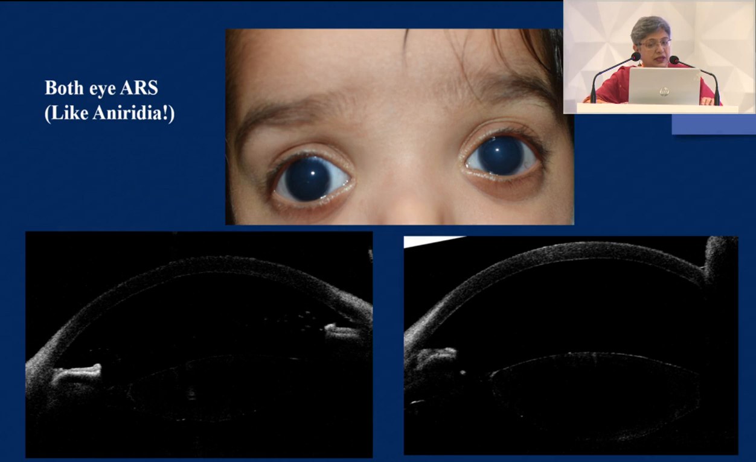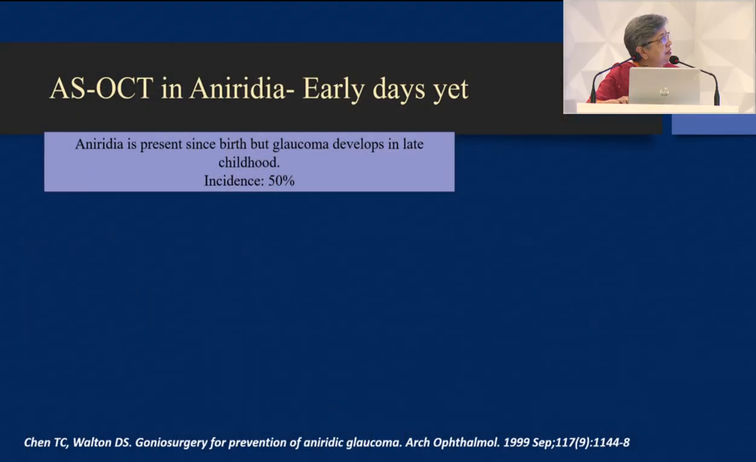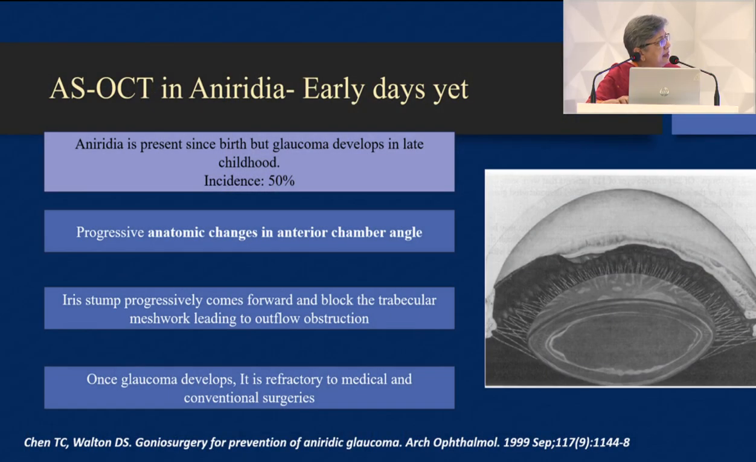So this is Axenfeld-Rieger, both eyes, and this is a very, very severe iris hypertrophy. And again, there is no TM shadow. So it looks like aniridia. Genetically, we've recognized that this is usually a FOXC1 deletion, which was erroneously called aniridia, but these are actually the deletions of Axenfeld. Early days yet, aniridia is another thing which is troubling me